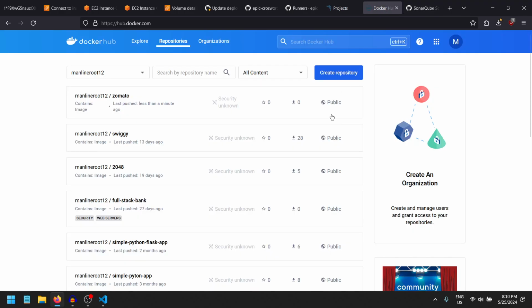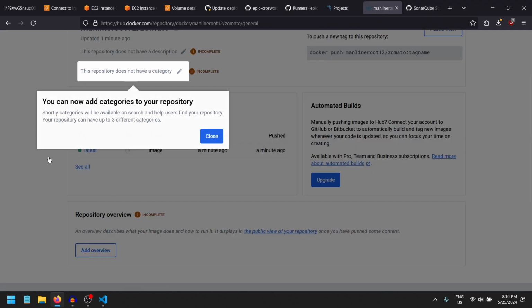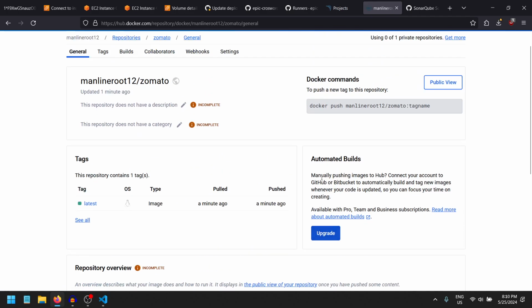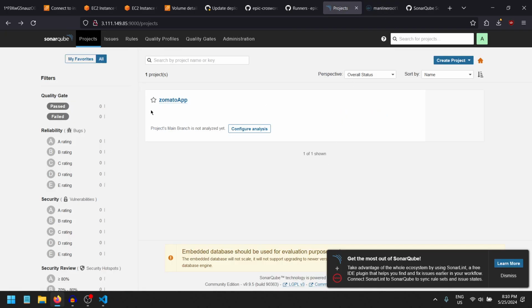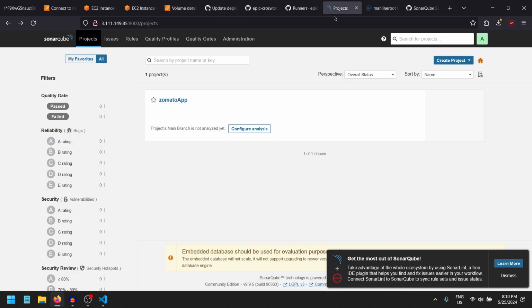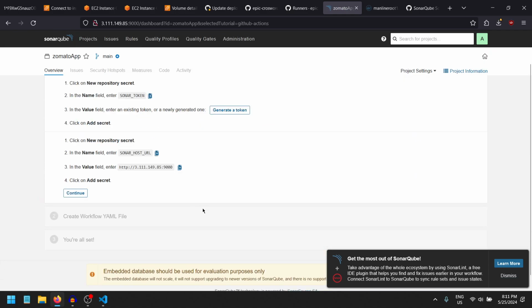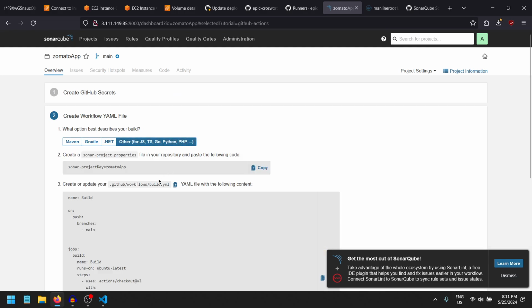So there you go. It has pushed the image to the Docker Hub, and it has a latest tag, and through this tag you can pull the image from the Docker Hub itself, Zomato, which is tagged latest. Let's check whether it has done the SonarQube scan or not. GitHub Actions,